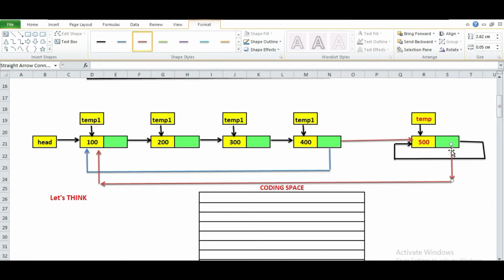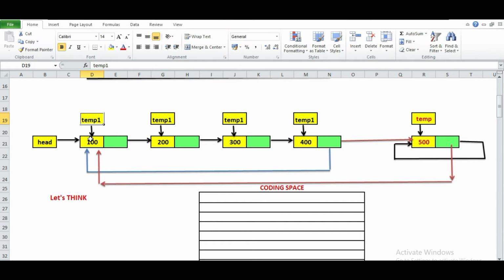So what are the things we have to do? I'm going to tell you one more time. When you want to insert a node at the end of the list, first you should have a pointer that points to the first node. That is step number one. Then move the pointer to the last node.